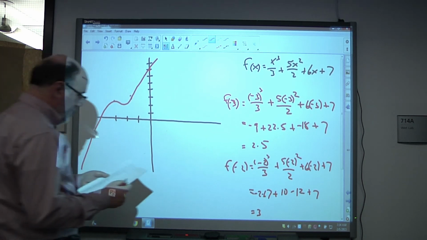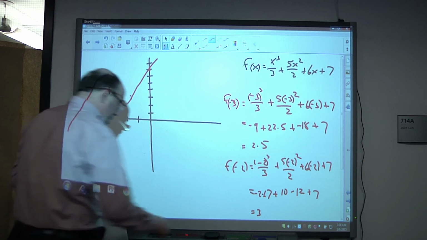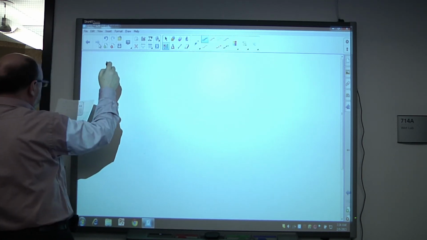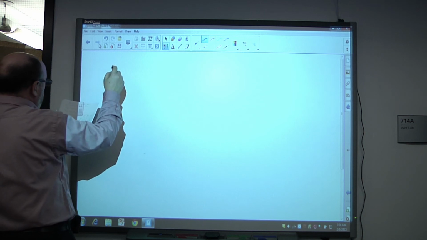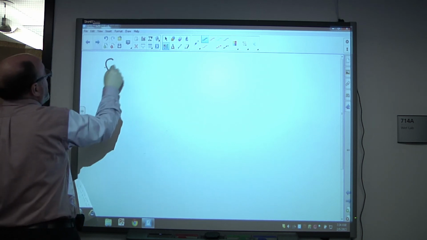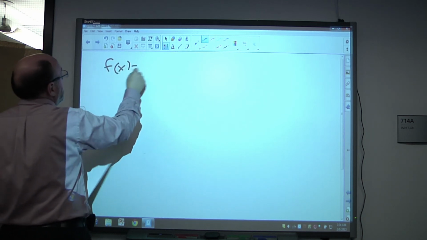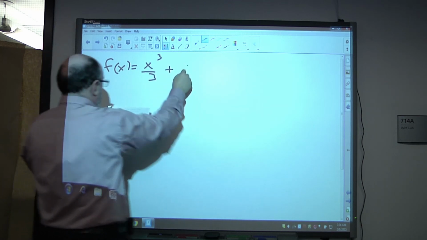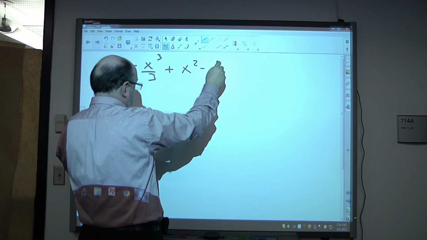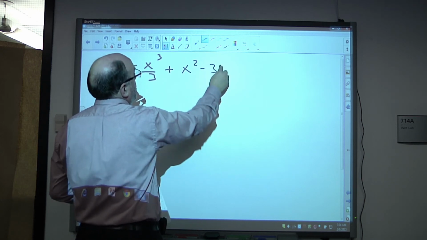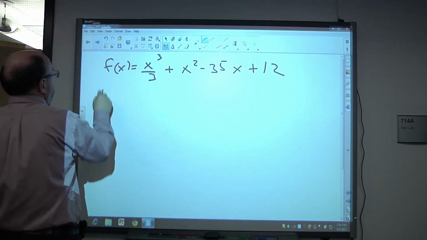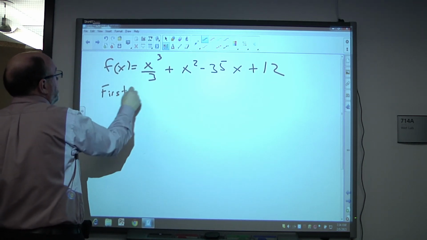And let's just do one more in terms of the whole test. If f of x is x cubed over 3, plus x squared, minus 35x plus 12, then in terms of the first derivative test,